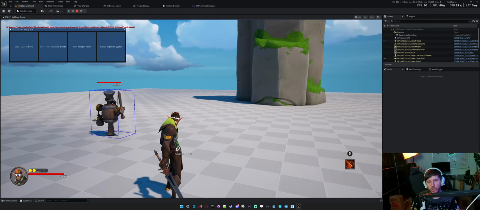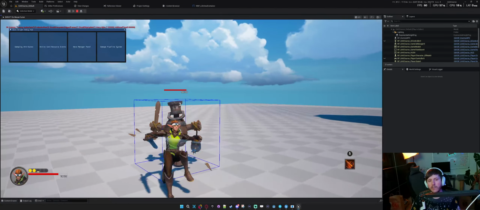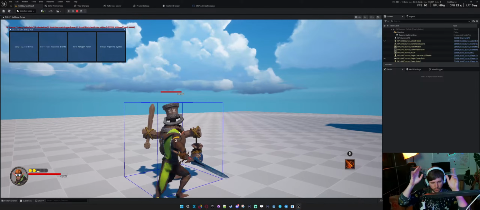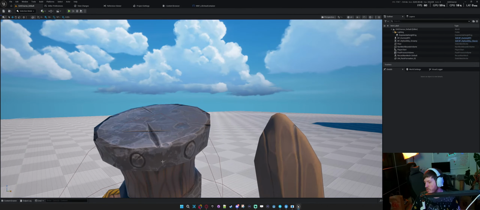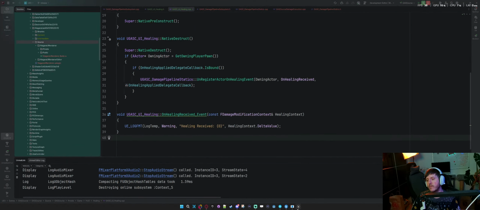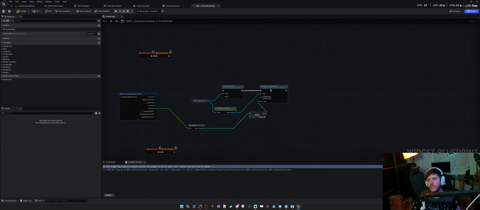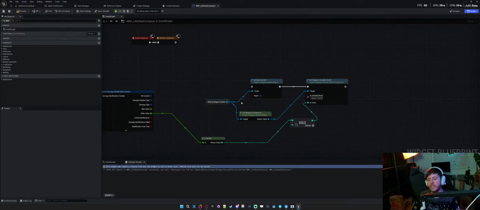So now, if you notice, we'll play again. We're no longer getting our drawing on top of the UI by the player, those green Niagara effects, which is totally fine. So we need to add that now, because that's what this Niagara system is doing here. We just need to do it again in code.